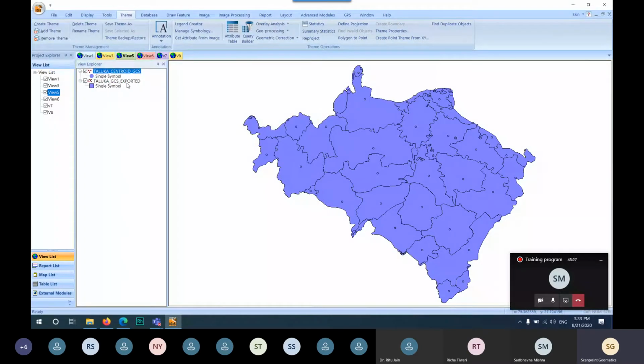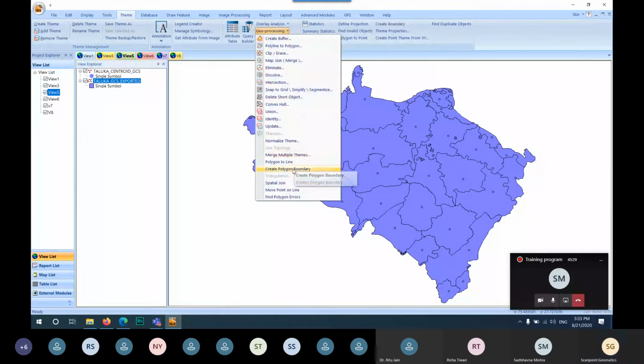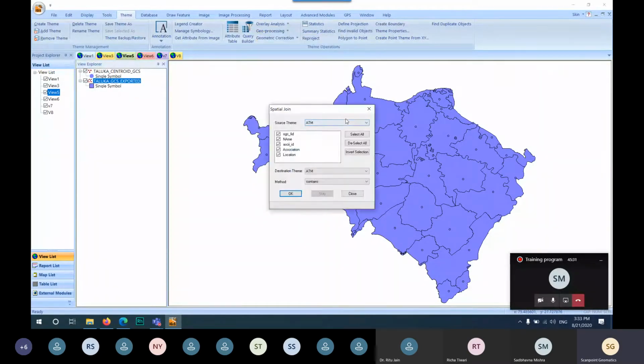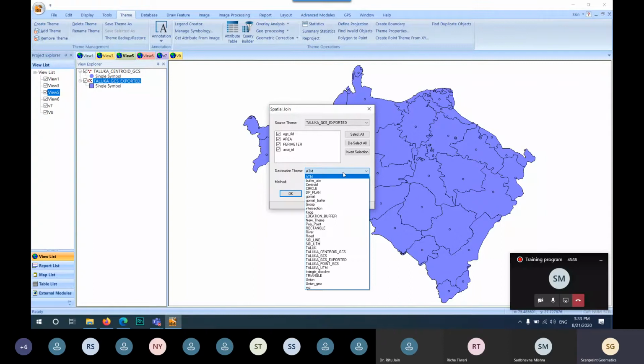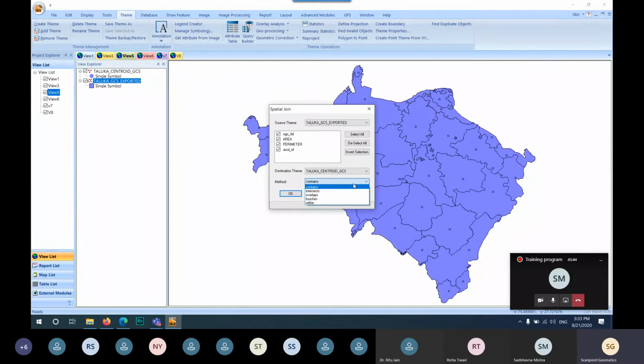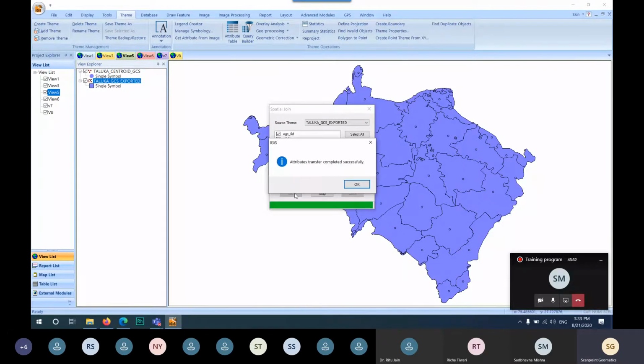Now go to the spatial join, select your polygon theme and the destination theme where you want to join. So this is Taluk Centroid GCS, and the method is either contain, intersection, or overlay. Now I select the contain method and click on OK.